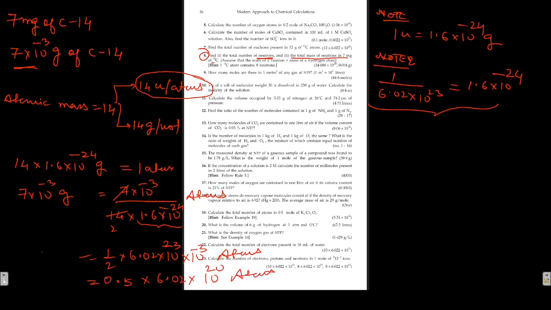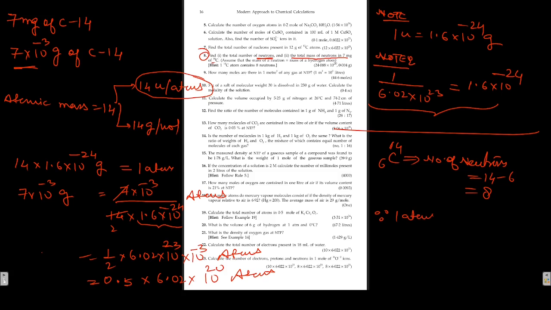Now what we have to calculate? We have to calculate the total number of neutrons present in this. Dear friends, it is 6C14. So in this particular one atom, the number of neutrons is 14 minus 6, it is 8. Since one atom contains 8 neutrons,